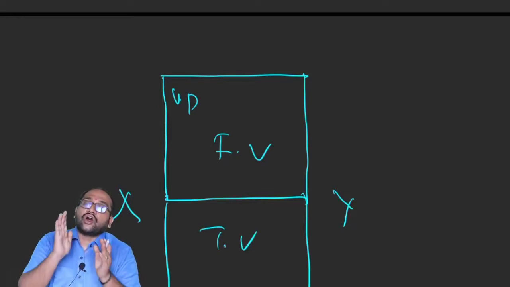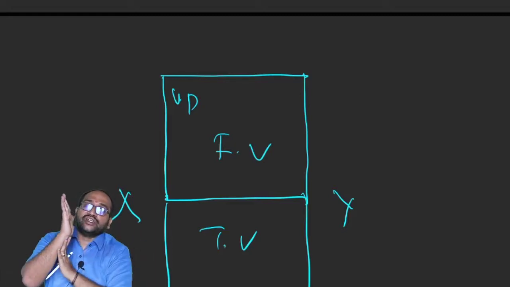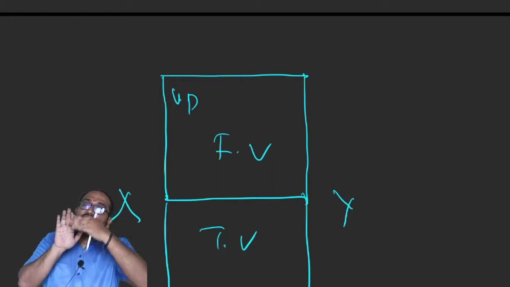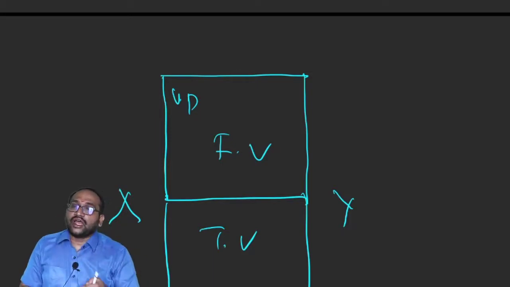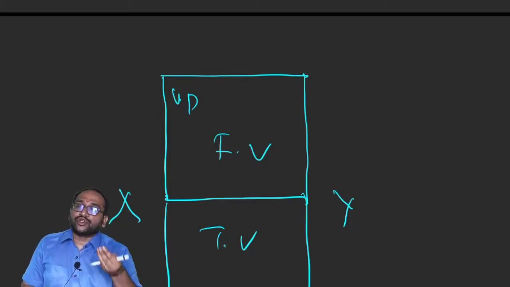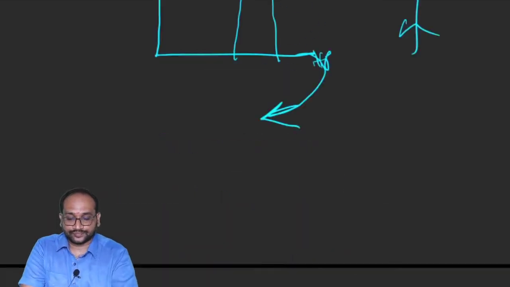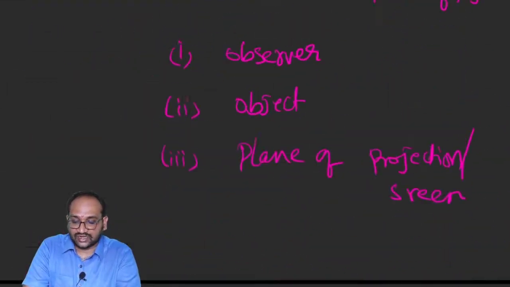Okay, we are always fixing the vertical plane and rotating the horizontal plane clockwise 90 degrees. If you rotate this horizontal plane 90 degrees, above XY will come vertical plane, below XY will come horizontal plane. And we know that front view is projected on vertical plane, top view is projected on horizontal plane. Similarly, for second angle, why we are not using second angle and fourth angle, we will see now.